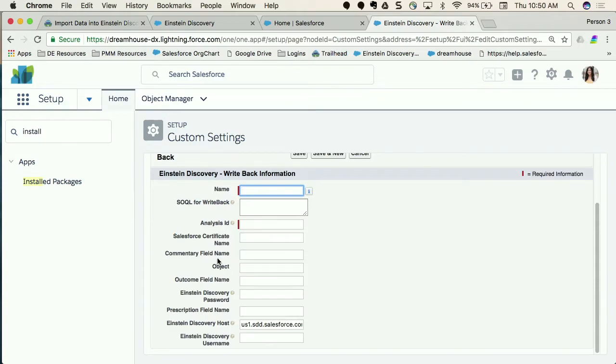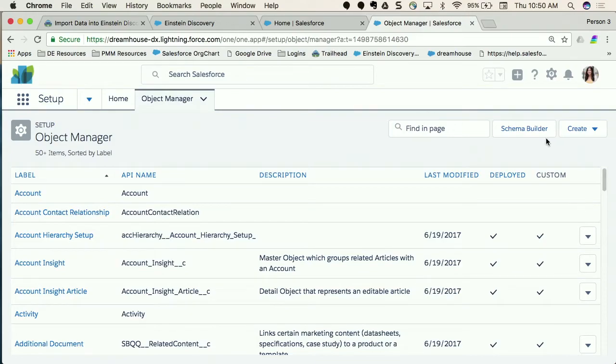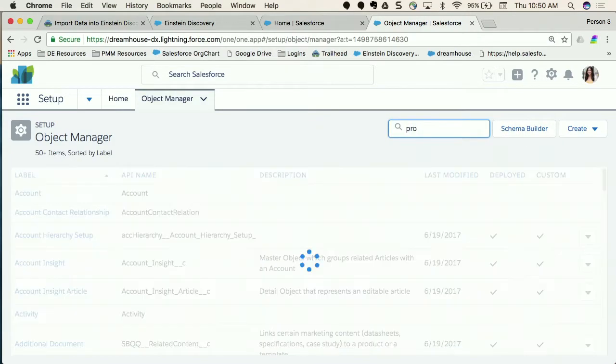Francois, can you help me out? There's some commentary field name, outcome field name. What is this referring to? You need to create a custom field on the property object. OK, so this is on the side component that you're showing. Exactly. Great. All right, so let me go back to my object manager and go back to my property object,